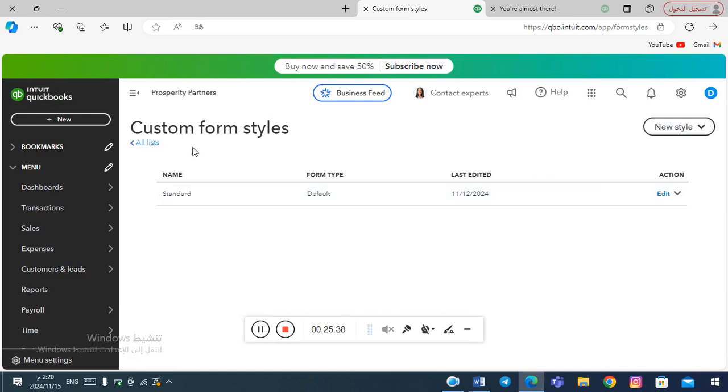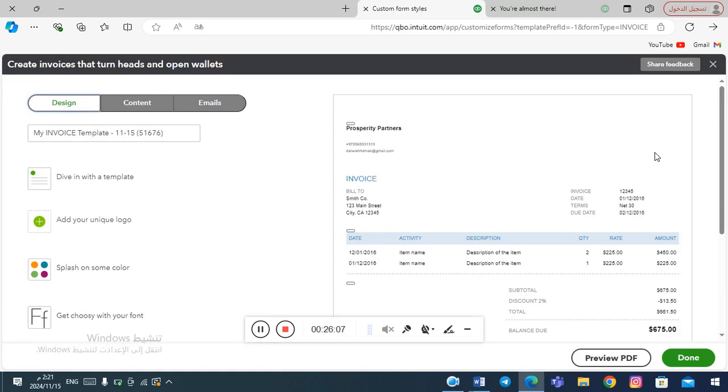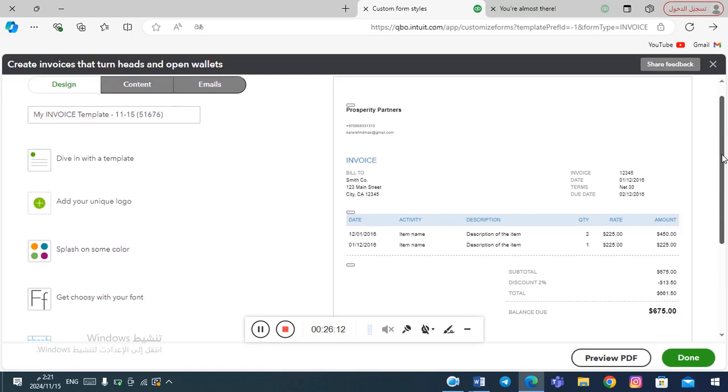All editing here is related to the form of our documents, messages, and emails which we send to external parties. So, for example, here we can go and look at the default design for our invoices. This design is suggested by QuickBooks,